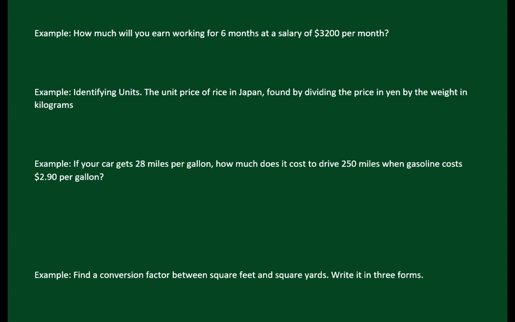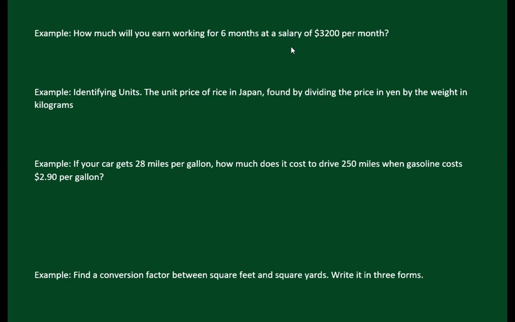This video is about problem solving and some unit analysis, some basic problem solving in foundations of quantitative reasoning, and I'm going to solve some examples about this content. So the first problem is, I'm going to solve a couple of problems. Here's the first problem. It's how much will you earn working for 6 months at a salary of